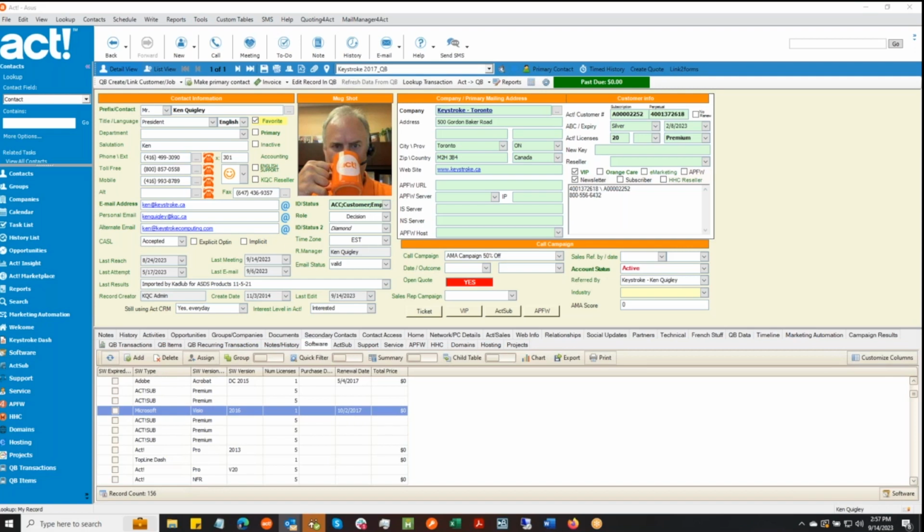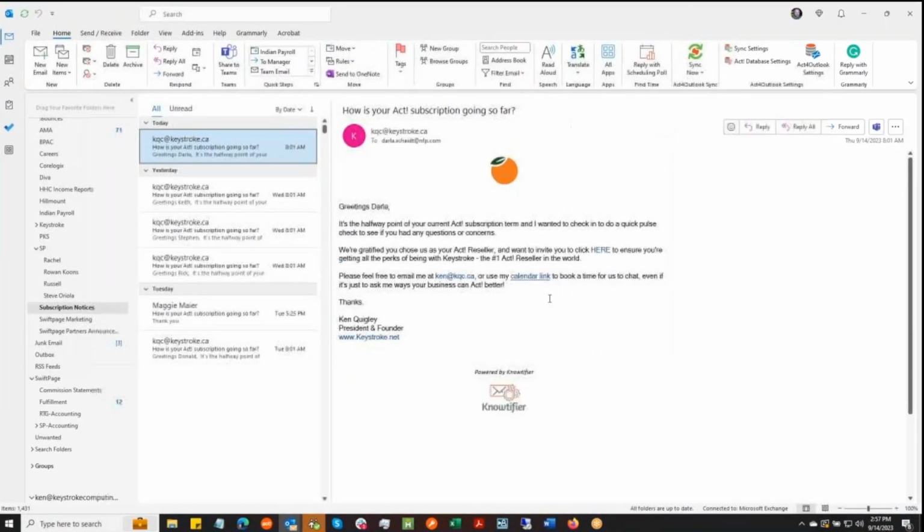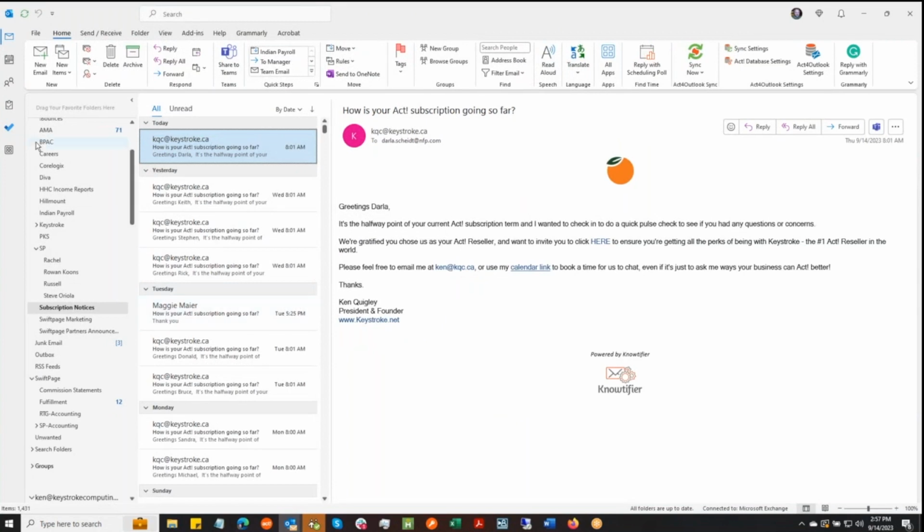Okay, subscription notice. So here's our emails that go out every single day. What this does is the notifier will check our custom tables, the ACT subscription table that I showed you guys, and it will determine who is up for renewal in the next 60 days. What it will do is find that person, and then send out an email and say,